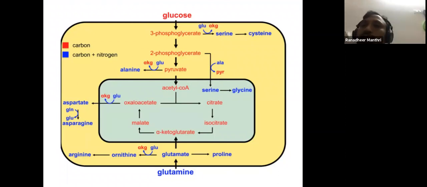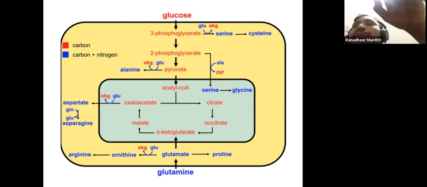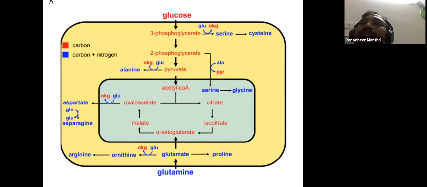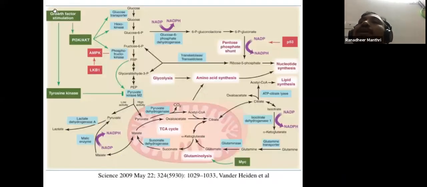So this is glutamine converting into alpha ketoglutarate. That is the basis for substrate level phosphorylation in mitochondria. Because of the substrate level phosphorylation, though the mitochondria still remain the powerhouse of the cancer cell, it is not the electron transport chain but the substrate level phosphorylation, happening in the cytosol as well as in the mitochondria, which is giving energy. That's why there is a lot of glucose consumption and a lot of glutamine consumption. Next slide, please.